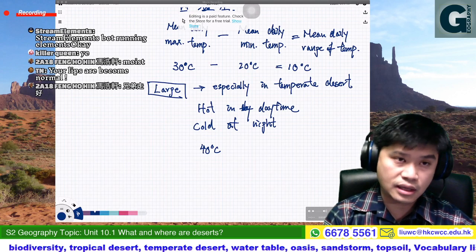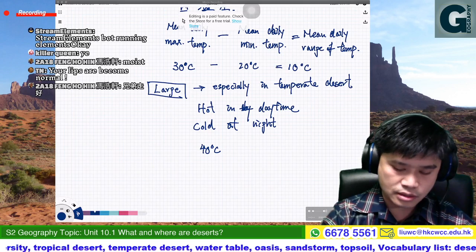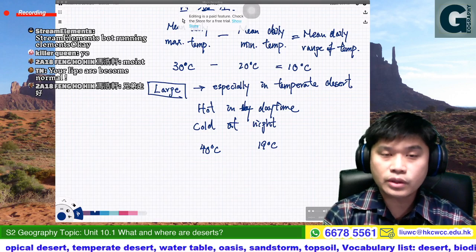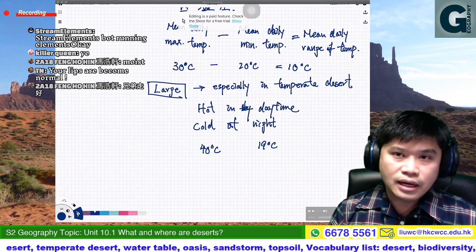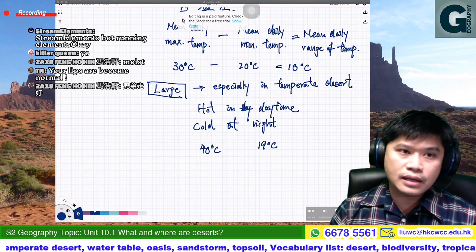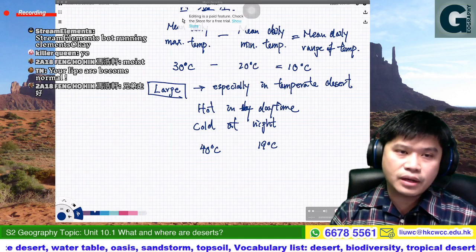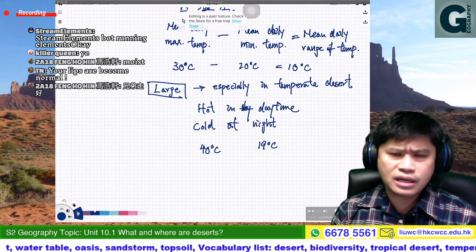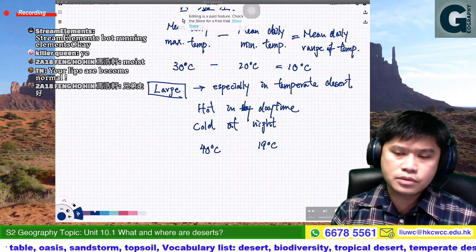And then at night, I think the temperature could be as low as 19 degrees Celsius. So one of my experiences in Xinjiang was a little bit interesting. The first time I arrived in Xinjiang, I remember it was about 7 o'clock in the morning. For the tour I joined,